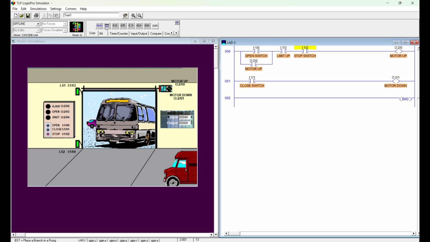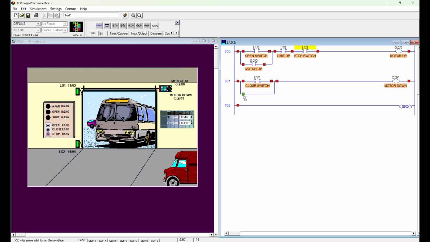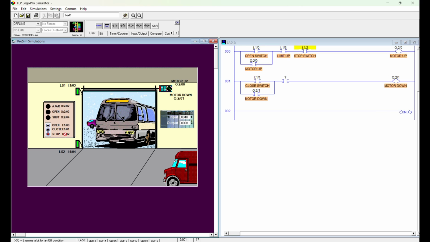And I once again want a rung in here to make sure it's a latching contact. So I will drag that over here. And I will have a normally open contact over here for my stop switch. Okay. Now, this one is a little bit trickier because as you can see, the limit switch is on right